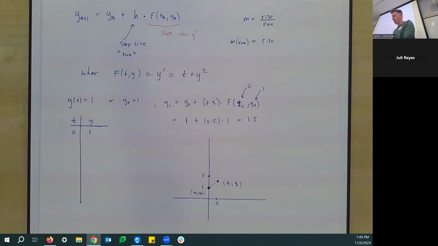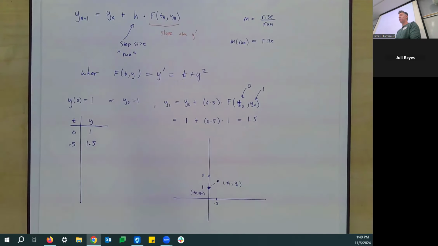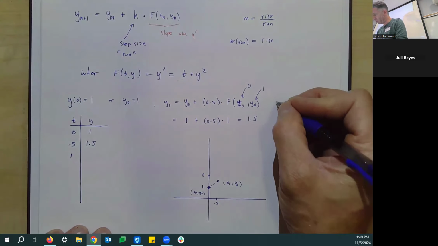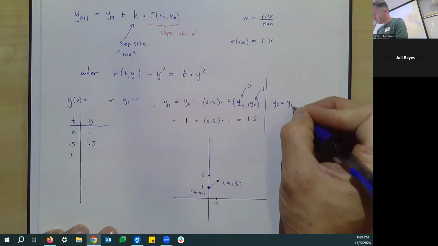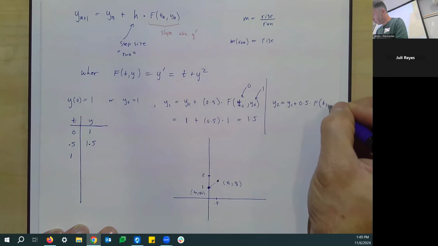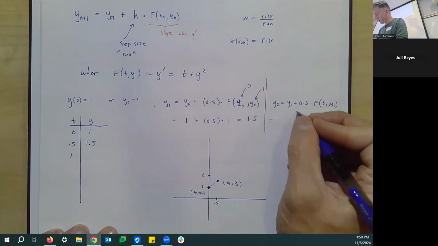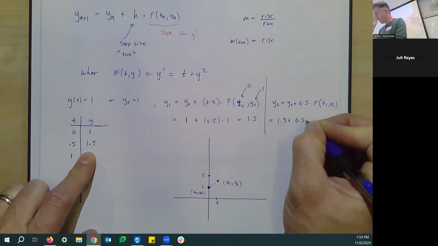And now we're going to do it again. To find the next t, y coordinate, t is always increasing by the step size, so the next t coordinate should just be 1. The next y coordinate is what we have to find. Our y sub 2 is going to be y sub 1 plus 0.5 times f of t sub 1, y sub 1. So that's going to be y sub 1, which is 1.5, plus 0.5 times f of